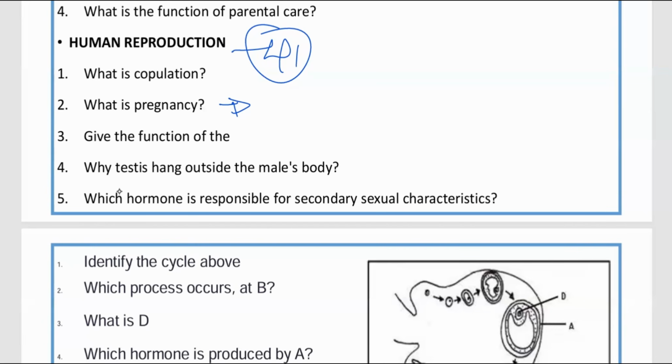So now they're asking you, we will see this here. Why are testes hung outside the male's body? Testes hang outside the male's body to provide optimum temperature for sperm production. It provides a temperature which is favorable for the sperms to be produced. That temperature is 2 degrees less than the body temperature, or 2 degrees less than